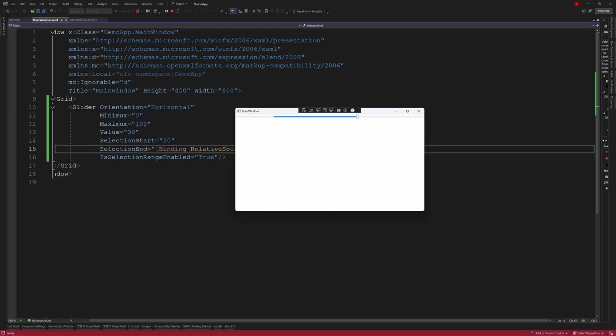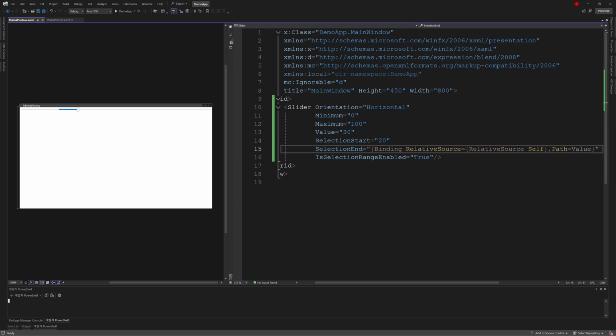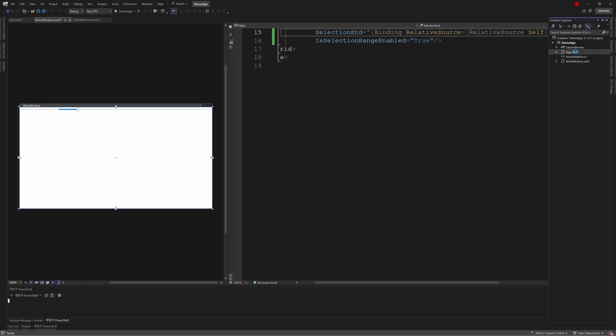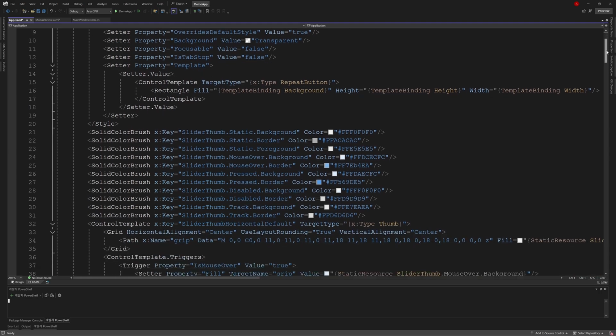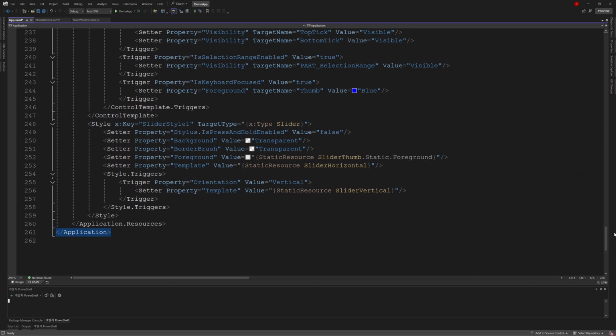Next, let's take a closer look at the source code of this basic slider to understand its internal structure. So we select the slider in MainWindow. Right-click, choose Edit Template, then Edit a Copy. We could rename it, but I will keep the original name at this time. Then we can choose how it's defined. Well, let's pick Application. Okay, we open the App.xaml file. We see it contains quite a lot of content. At the bottom, we can find the slider style section.